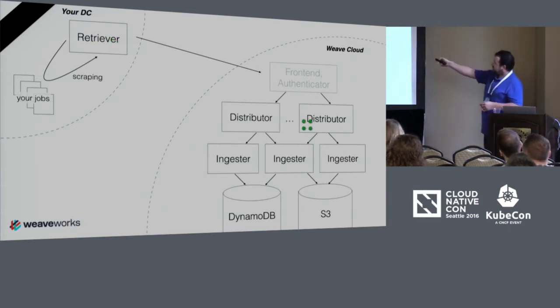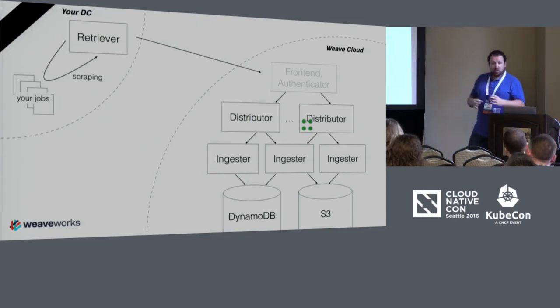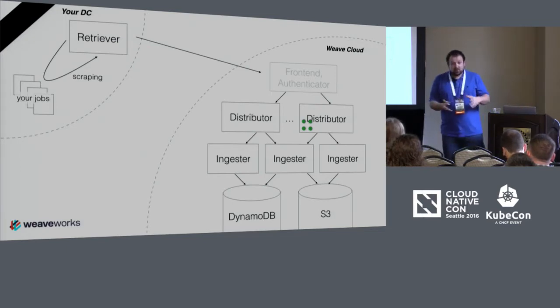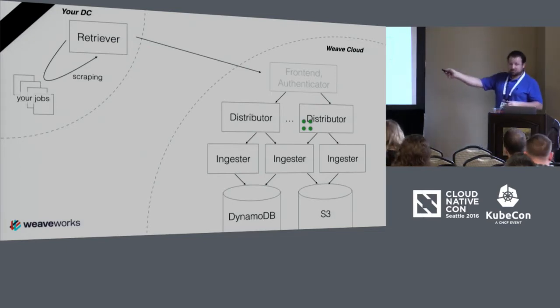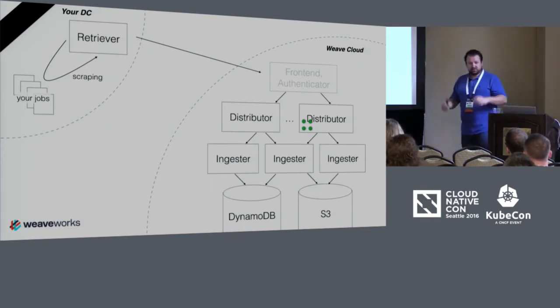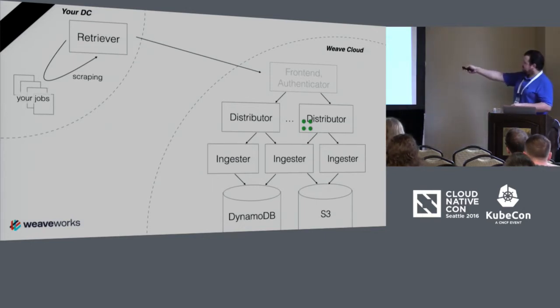At this level, we're just using the queue proxy to do random load balancing, so we don't really have control over where they're going to hit. That's desirable, because that means these distributors are completely stateless. So if one of them misbehaves or we want to scale them up, it's super easy. It works really well. But then once they get to the distributor, we must start thinking about some of the